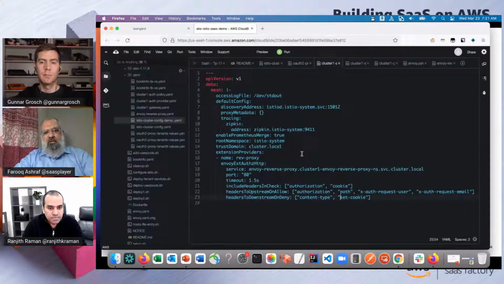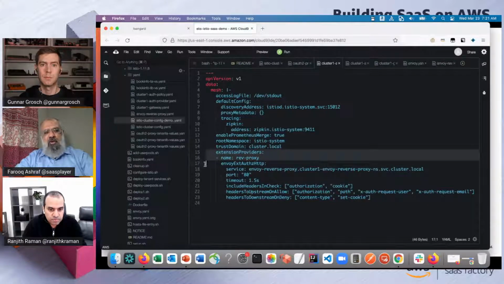Right. So then we get into the really powerful feature of Istio Service Mesh, which allows us to define what are called external authorizers. This has been a recent feature added around version 1.9 of Istio Service Mesh. So you can define an external authorization provider within the mesh by using this directive called extension providers, give it a name, specify the protocol that it's going to use, and specify the fully qualified service name of the pod which is running the OAuth proxy or any of those OIDC proxies.